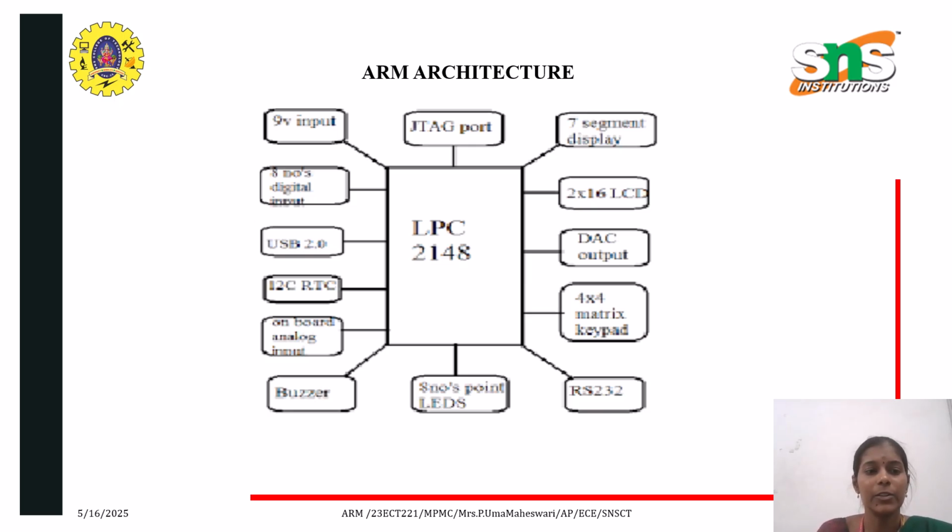You will be getting two 10 bit ADCs with 14 channels, a USB device controller, and two UARTs, one with a full modem interface. This ARM processor was also used extensively in consumer electronics devices such as smartphones and tablets. The microprocessor consists of only a central processing unit, whereas the microcontroller contains a CPU,